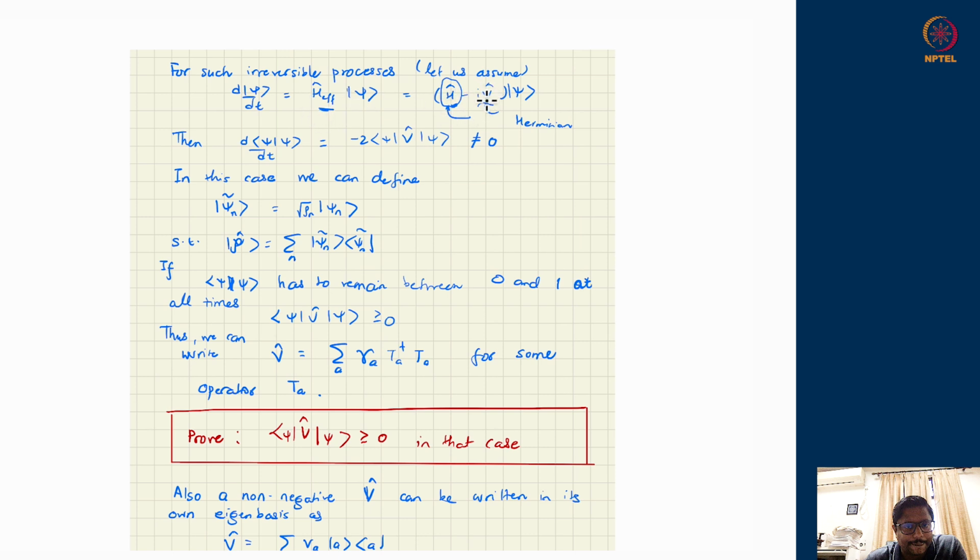So this new V, which accounts for all its interactions, which also try to change the state from its normal evolution through H, is accounted for in making the evolution non-unitary in some sense. That means the probability of that state would not just get redistributed, its norm will change, because there are so many interactions going on which we are not considering. We are just looking at only a portion of the true Hamiltonian.